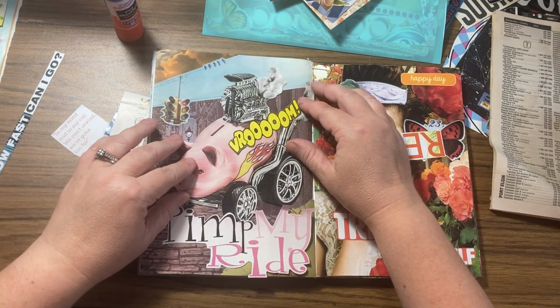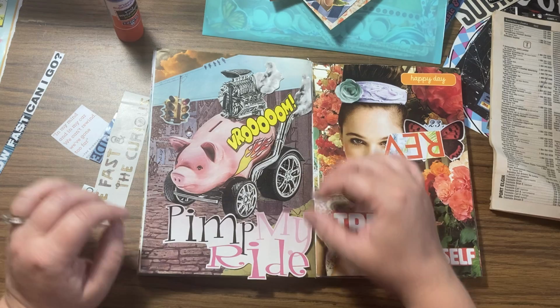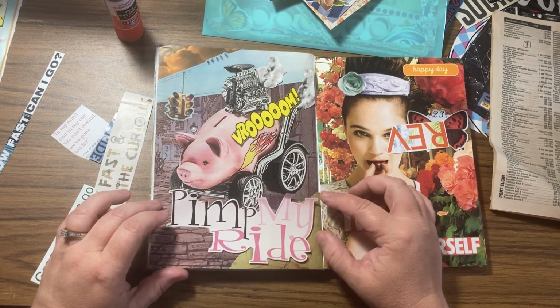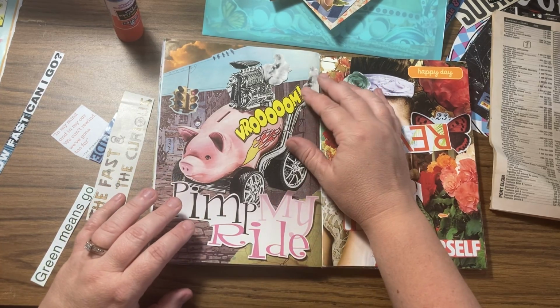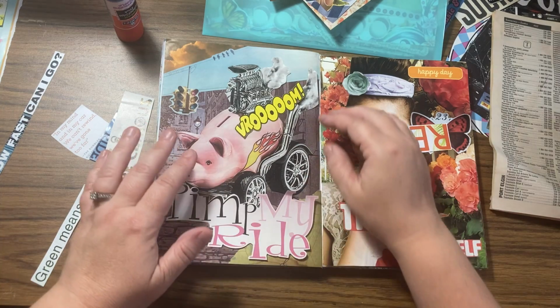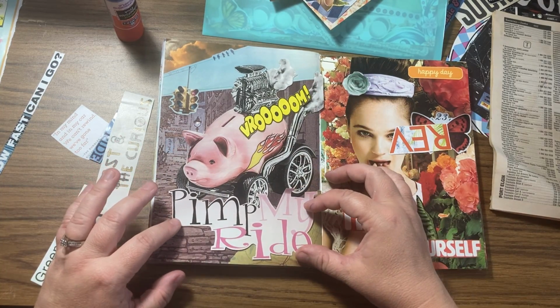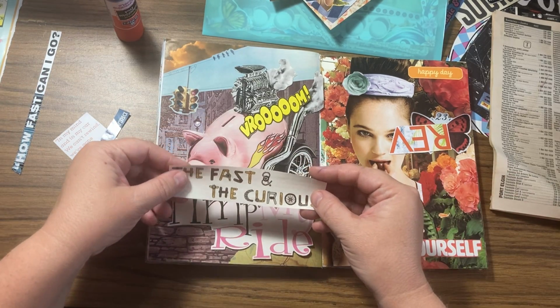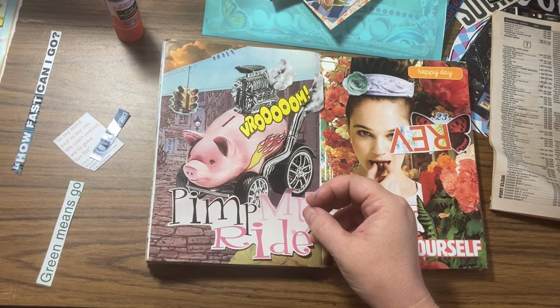Yeah, maybe like this. Pimp My Ride. Isn't that hilarious? It's in a 1950s kind of domestic-y font, like that's what I think of, the 50s kitchen kind of graphics. Fast and Curious is kind of neat, but it doesn't really go. It's kind of like,